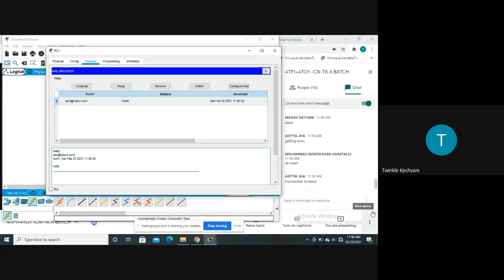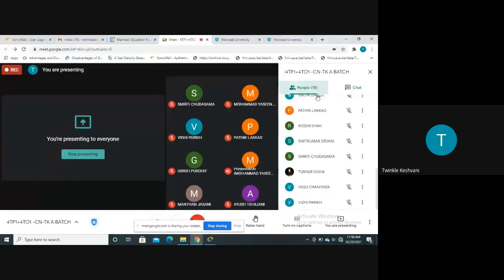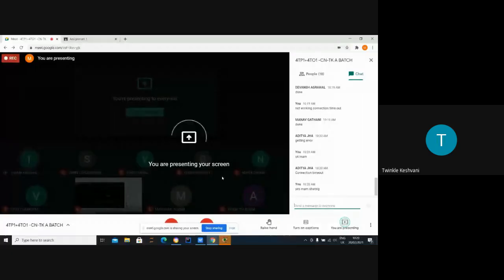So, okay, we'll see. Can any one of you share your screen? Pathik, Devansh, and Manav have done this practical. Okay, now let's see your error, what it is about.